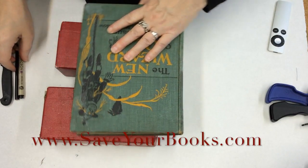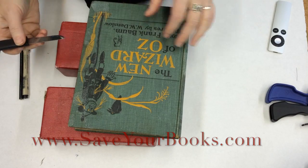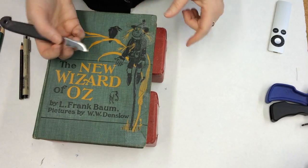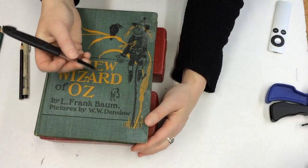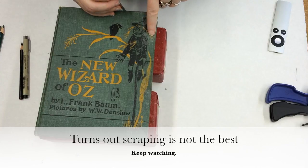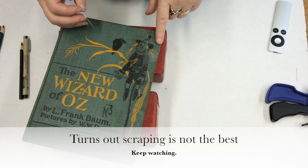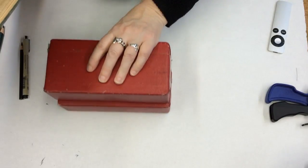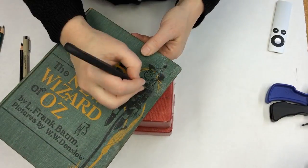This one I'm just going to touch up the front cover of this new Wizard of Oz book. I'm going to just demonstrate how effective scraping can be on something like this. So we'll take this area right here, and I'll even bring this up a little higher. I think this will be good. And